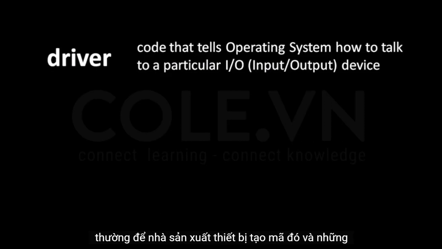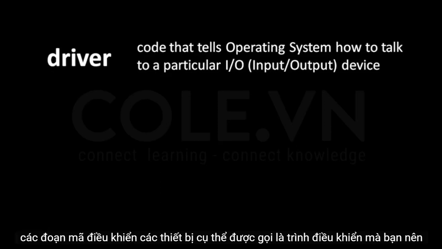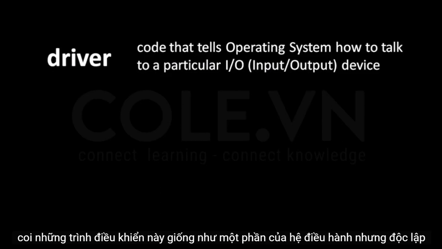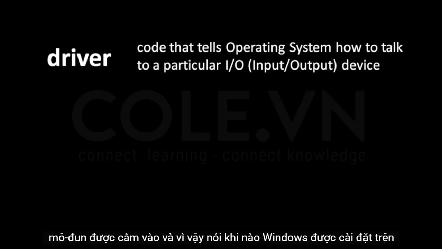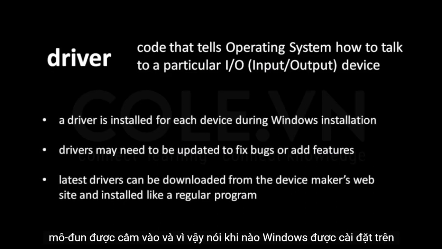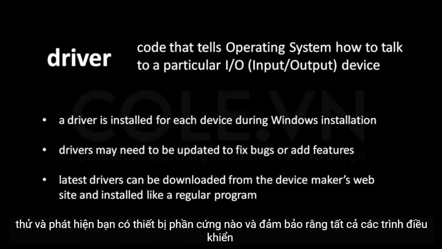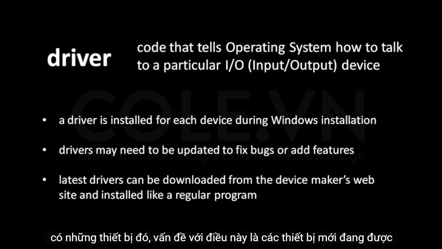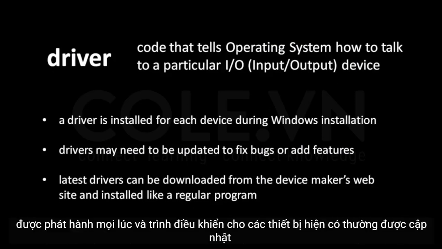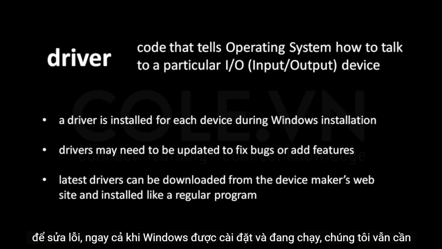Instead, it's very often left up to the manufacturer of a device to create that code. And these pieces of code which control particular devices are called drivers. You should think of these drivers as part of the operating system, but independent modules that get plugged in. When Windows is installed on your machine, one of the most important things it does in the installation process is try to detect what hardware devices you have and make sure that all of the drivers are there for those devices. The problem with this is that new devices are being released all the time, and the drivers for existing devices often get updated so as to fix bugs. So even once Windows is installed and running, we still need the ability